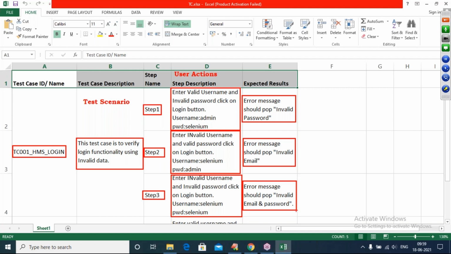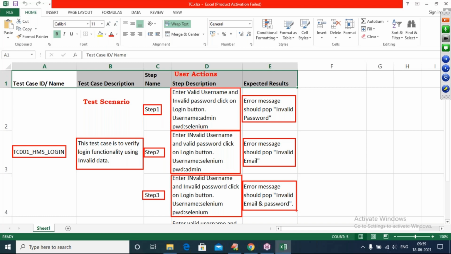Simple. See, what is a test case? How to test one scenario. So what is the difference between scenario and test case? Scenario means what to test in the application. How to test that scenario is called a test case. So the validation procedure of an application is called a test case. So for invalid data,